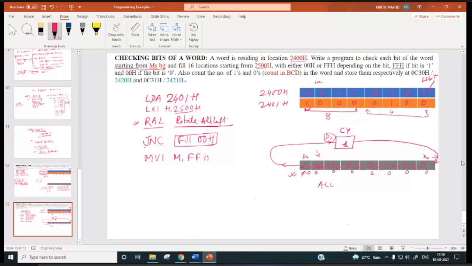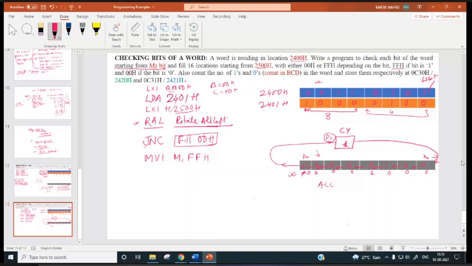So MS, this bit is 1. So now we can count. So if I write, say, LXI B 0000H, B we can use for counting number of ones. C we can use for counting number of zeros.